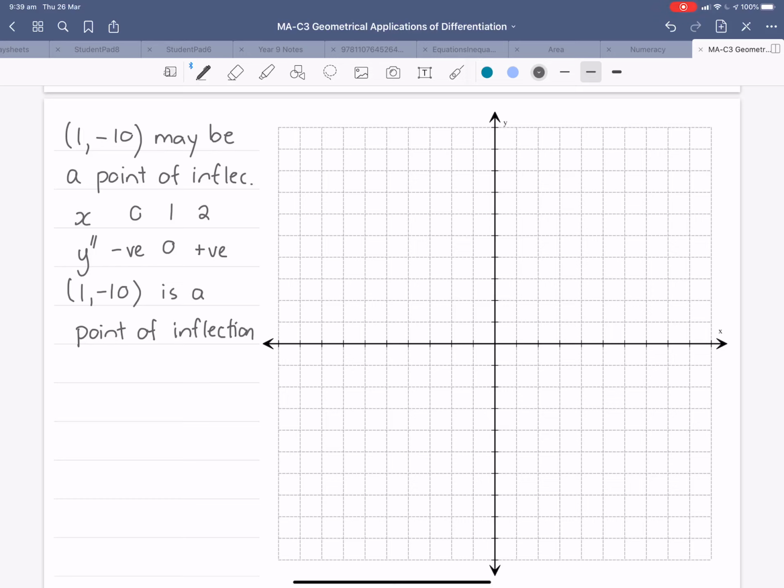Alright, let's put this all together and sketch it. So our minimum goes down to negative 26. So we need to include that. We don't need to go any higher than 6 on the vertical scale. I think I'm going to do this in 3s. So minus 6, minus 12, minus 18, minus 24, minus 30,